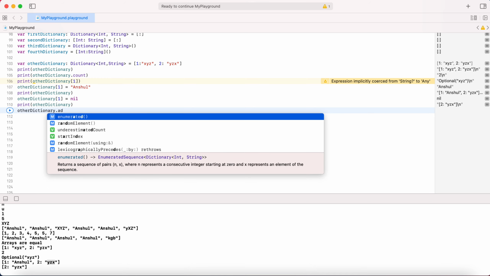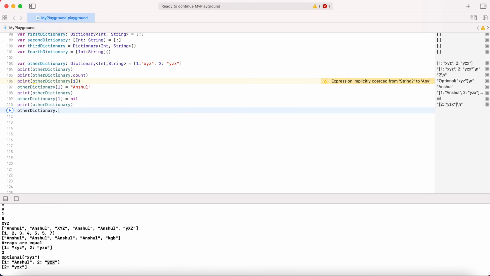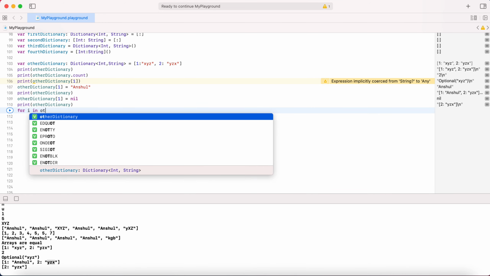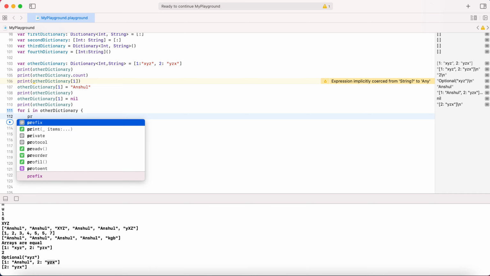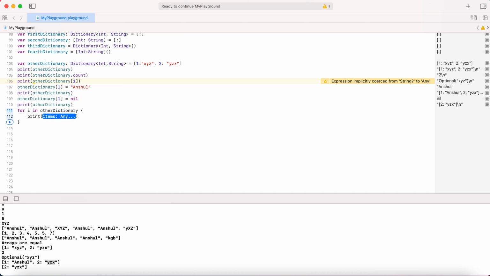If you want to loop through it, we can do that as well. Suppose you want to loop through the dictionary: for i in other dictionary. Let's see what this i will print.